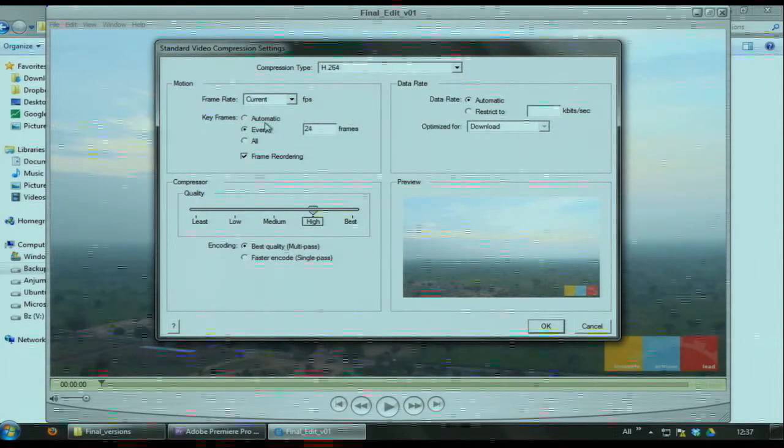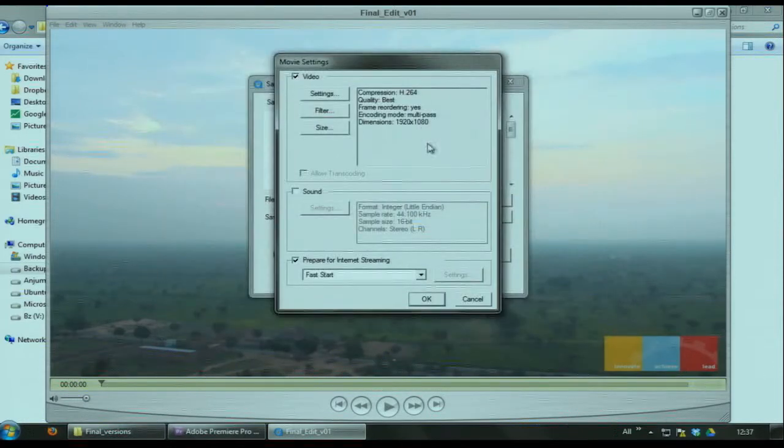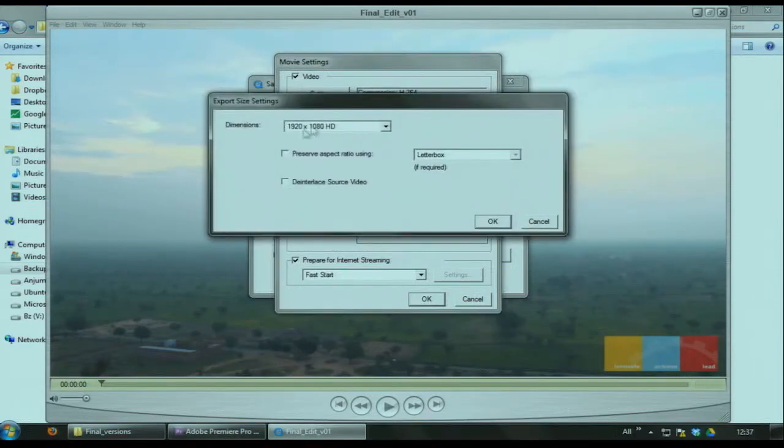Okay, I will make sure it is automatic and the best quality, and I will just move the slider all the way to best. Okay, I will make sure the size is full